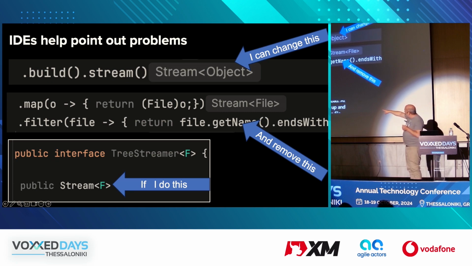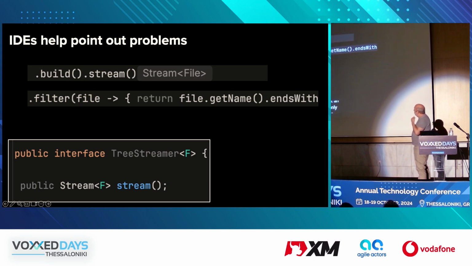If I make this change at the bottom, if I genericize my implementation with the F, I can now implement something that means that I don't need to do that mapping in the middle. I don't need to convert an object to a File. I'm only doing that because it stops the warnings from IntelliJ. So I can do that. And now I have cleaner code. I've got build.stream, which returns Stream<File>, and I can now have my filter. So it's great, right? The IDE has helped me spot something I could do better. I've implemented it. Great, right?